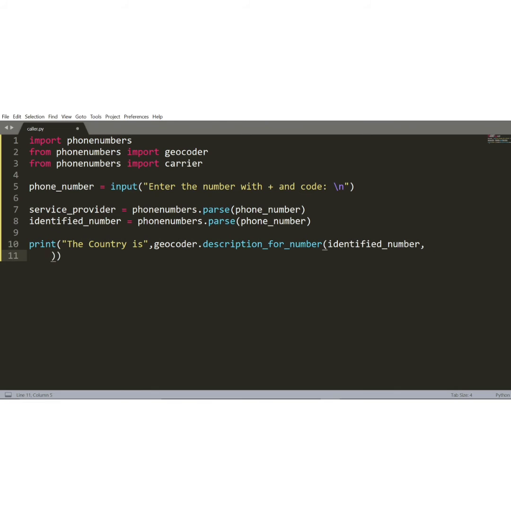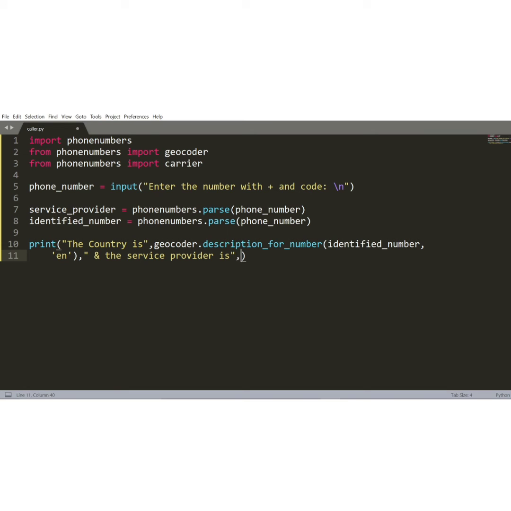I'm just typing it right down so that you can see it, and we are using "en" for English. Okay, and now we are going to add "and the service provider" with an underscore, "and the service provider is",